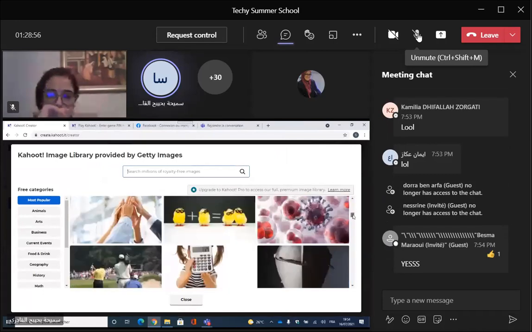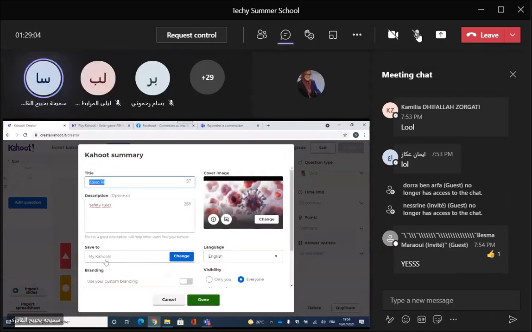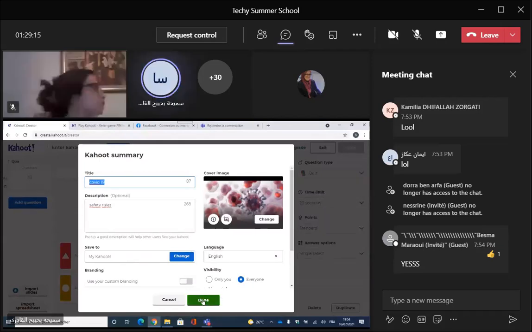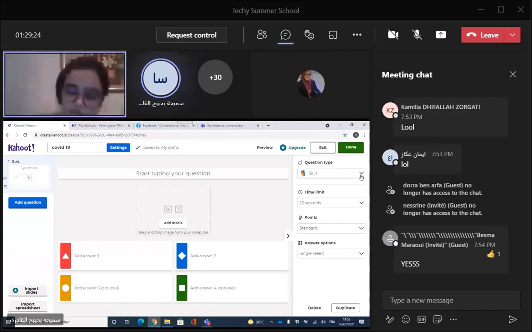Of course, once it is saved, you are going to find it in My Kahoot in your account. And then it is English. You can share it with others. I mean, you can make it visible by everyone, or you can save it for yourself. I keep it visible for everyone to let people take advantage if it is, of course, a good one. So we are here. We are going to begin with the first question. You can choose the type of quiz.